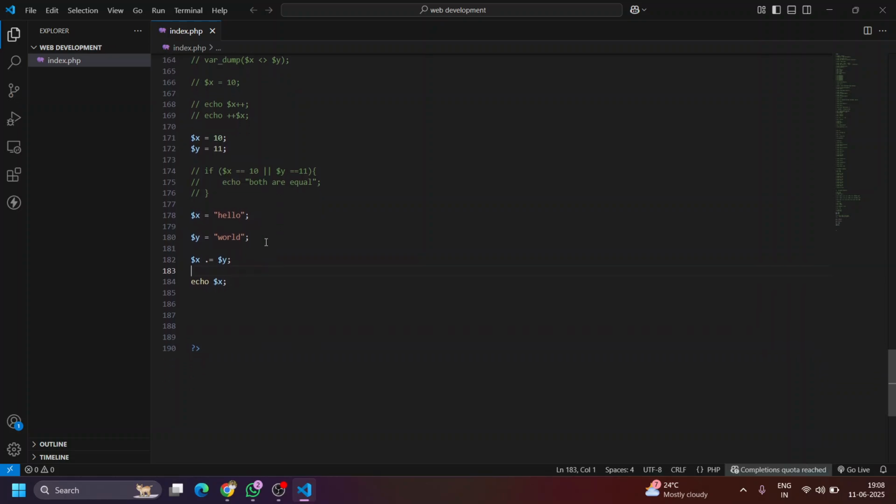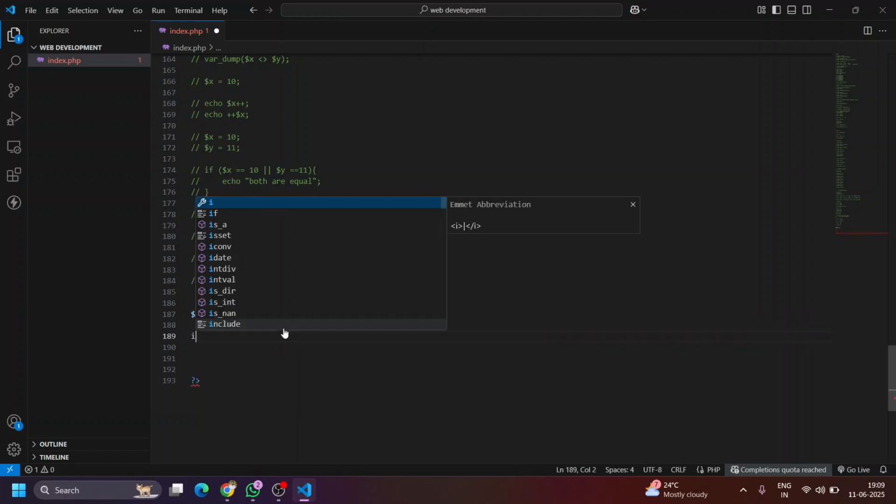Now, let us have an example on the topics I mentioned, conditional statements, and then we will move on to the GET and POST methods in PHP. First of all, let us have an example of if else, how to utilize if else in PHP. Let us assign a variable age. For this variable, I will assign a value of 20, and then here I will write the conditional statement,